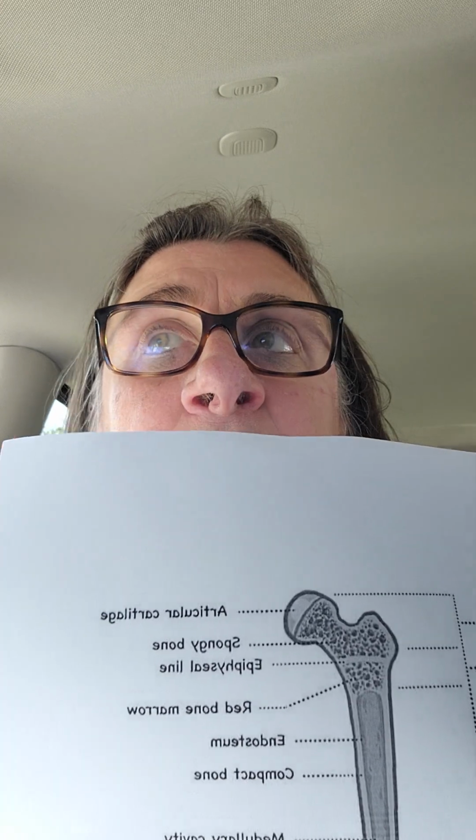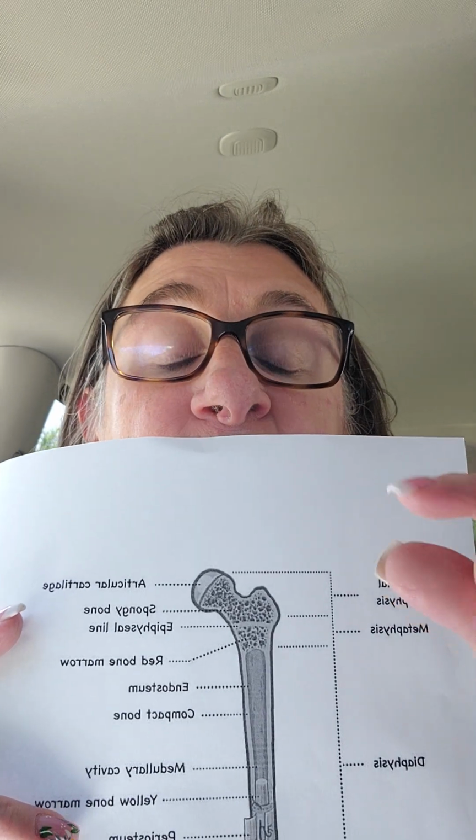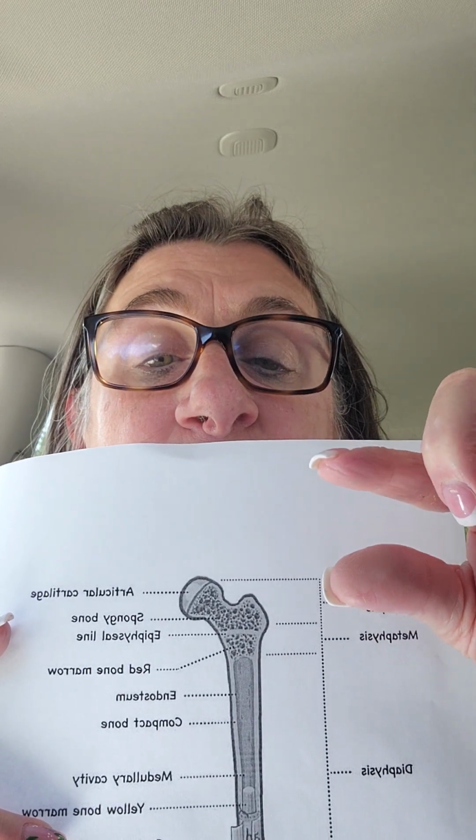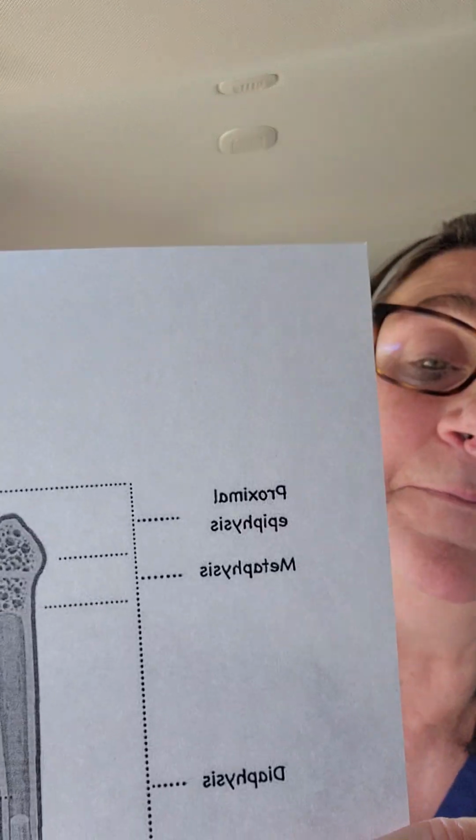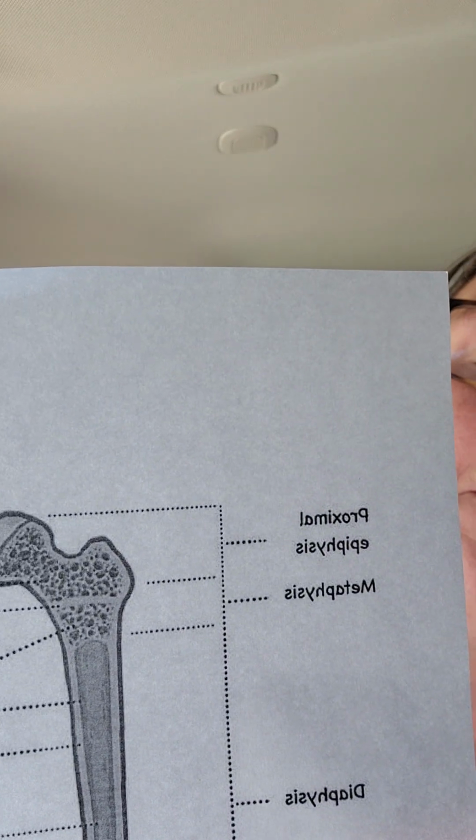proximal epiphysis, metaphysis, diaphysis, metaphysis, distal epiphysis. The epiphyses are joined together as you grow. When you're born, you have two that are separated. As you grow, they come together. Okay? So proximal epiphysis,